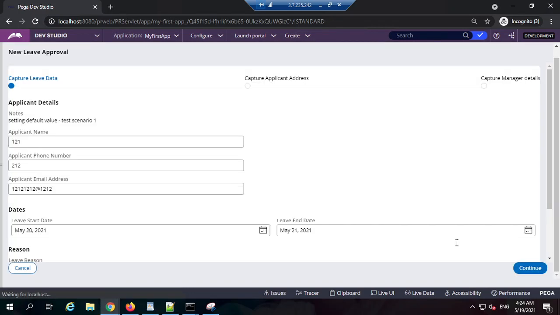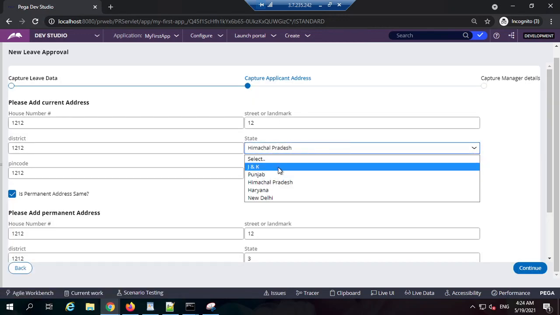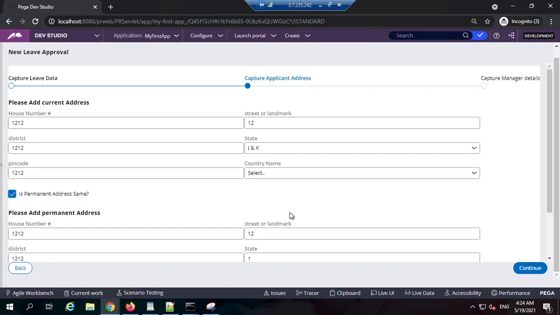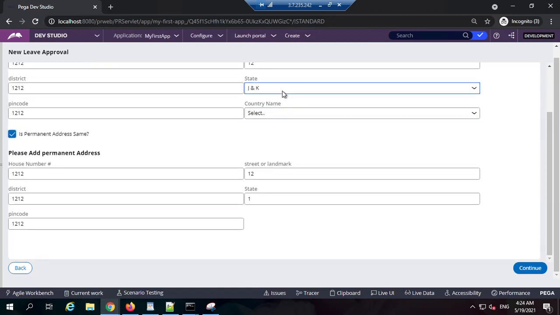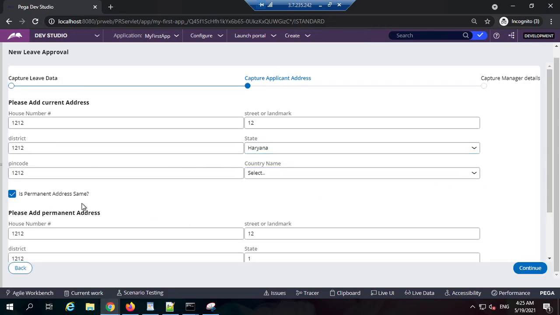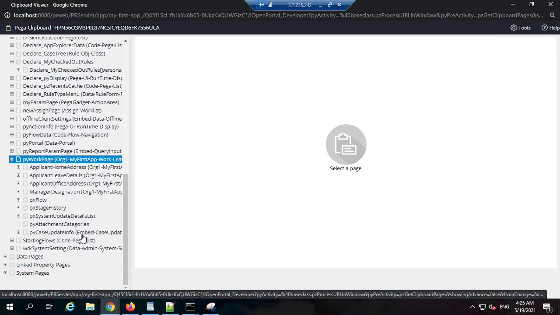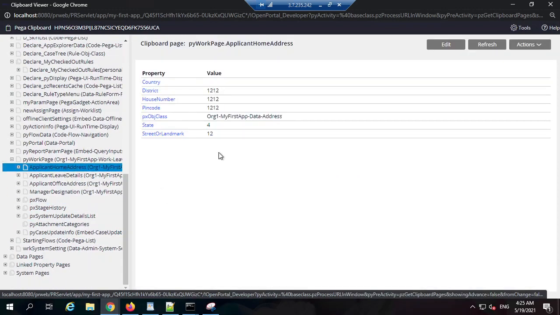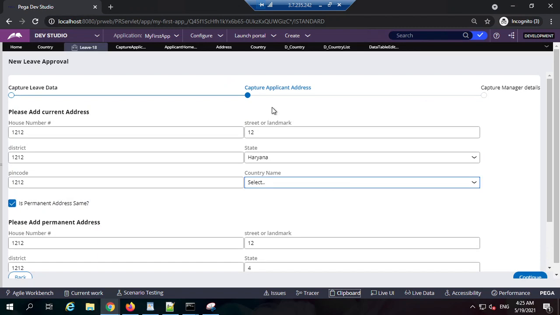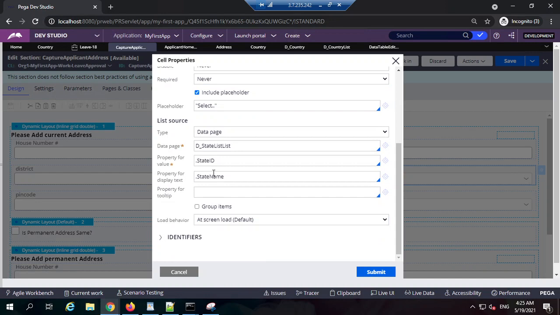It depends on how you want to configure it, but mostly we display something and we store something, because a customer will not understand 1, 2, 3. So if I select J&K, now again I do copy and paste. Did I refresh? You made the changes in the country field, not in the state field, so that is the reason it's more populated. I think data transform is also not applicable.